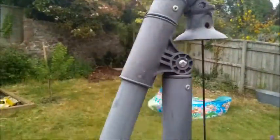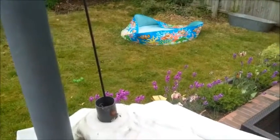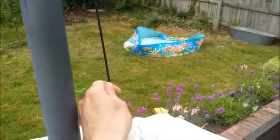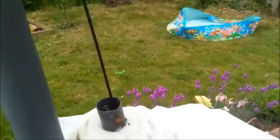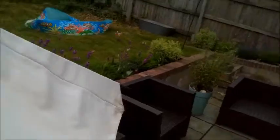So the rope goes in, down, and connects to the handle. And what you want to do is, with that rope on the inside, go underneath and inside. You want to disconnect this, so you're disconnecting the rope from the umbrella top. So let me show you how you do that. So if you go under,